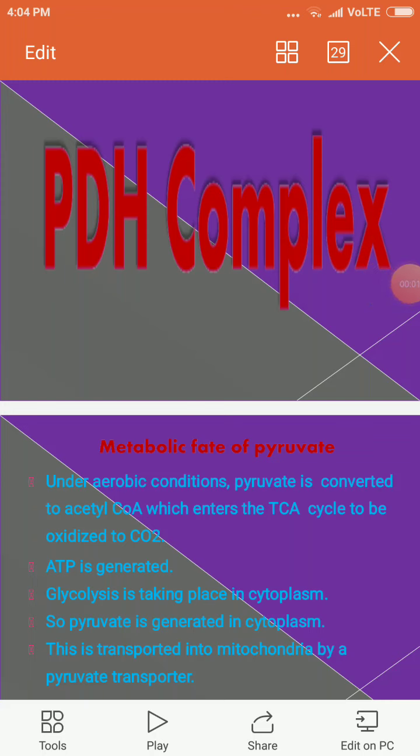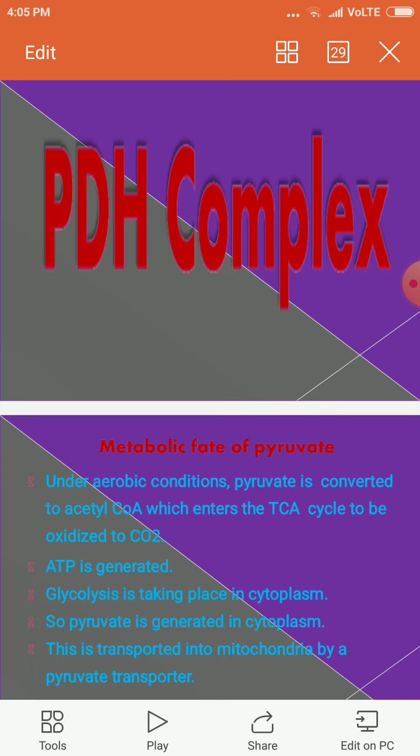Good afternoon, students. So, in the last class, we discussed the anaplerotic and cataplerotic reactions of this TCA cycle. Now, today, let us move on to the PDH complex, that is pyruvate dehydrogenase. It is acting as a multi-enzyme complex where we have come across this enzyme in the first reaction before entering into the mitochondria, that is pyruvate to acetyl CoA formation, right?